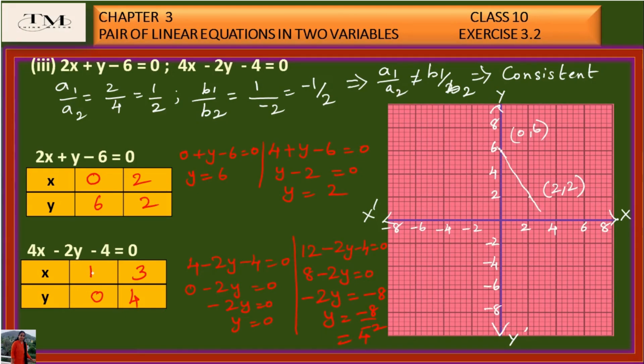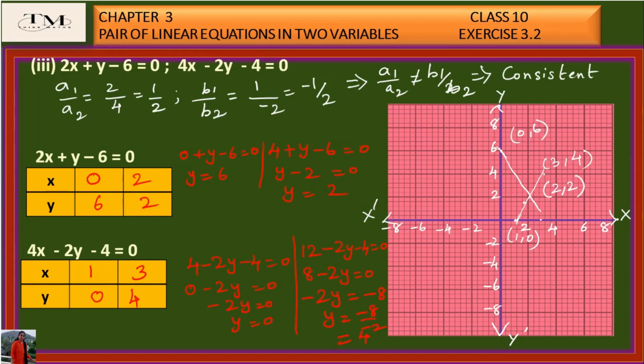So next equation, it is 1, 0. So 1 will be in between 0 and 2. So this is 1 and 1, 0. 0 lies here. So this is 1, 0 and 3, 4. So 3 lies between 2 and 4. 3, 4 is almost here. So this is 3, 4. So joining this,